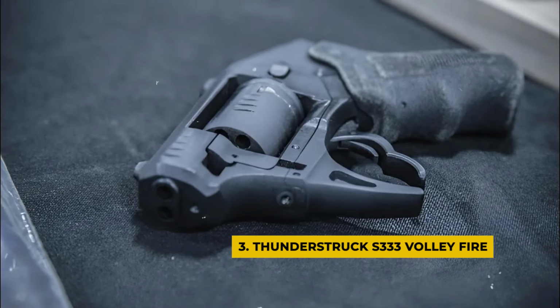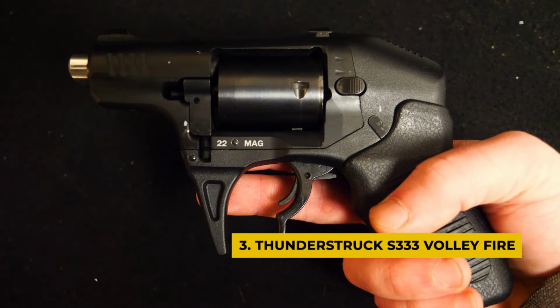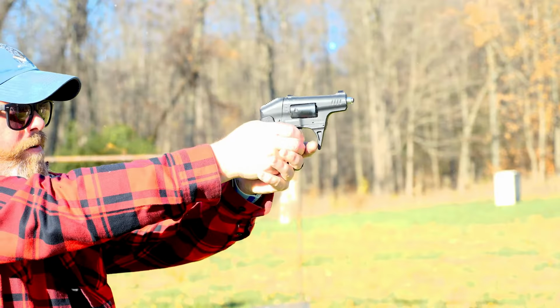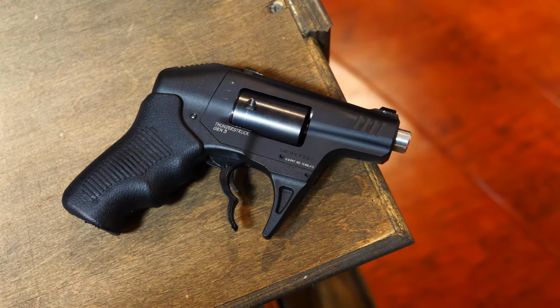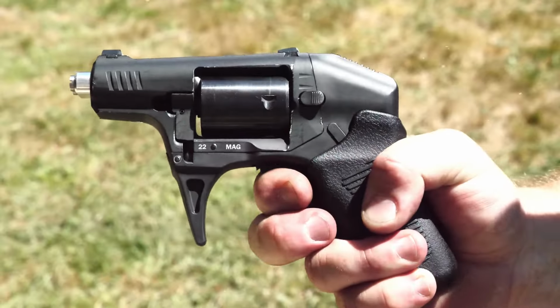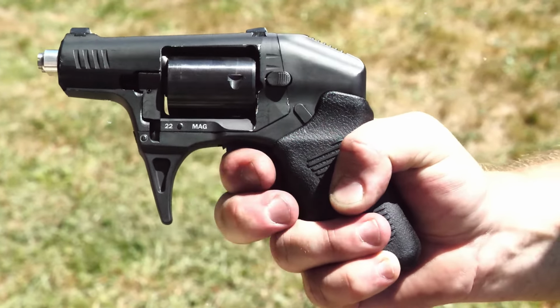Number 3. The Thunderstruck S333 volley fire might be one of the most perplexing guns on this list. The design concept, firing 2 rounds of .22 Magnum at once, might sound innovative, but in practice, it's more problematic than practical. The gun's dual-barrel system forces you to pull a bizarre, heavy trigger that's one of the most awkward and